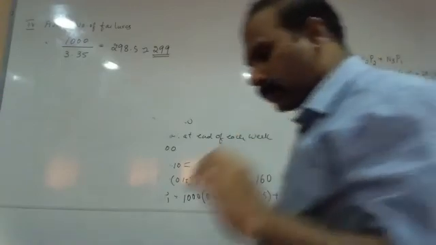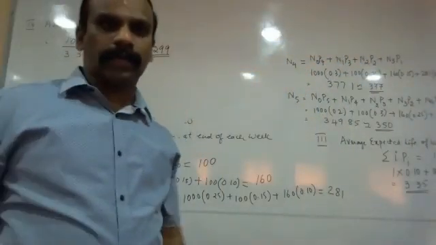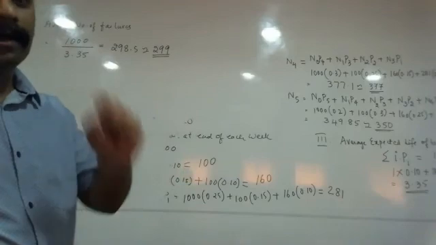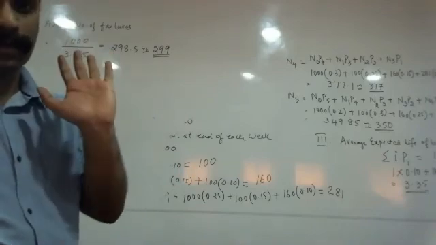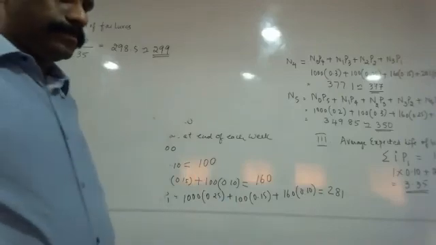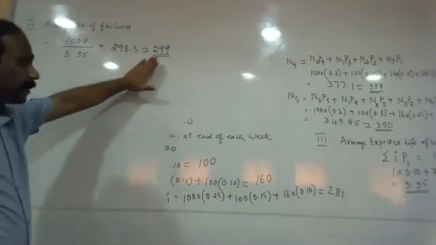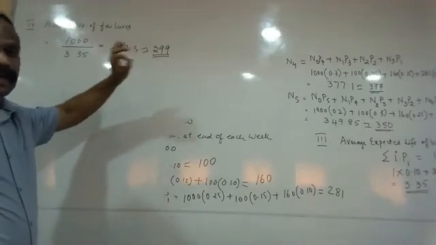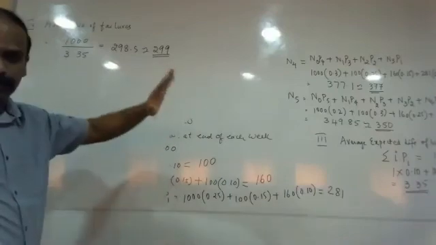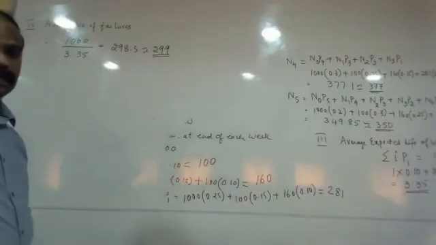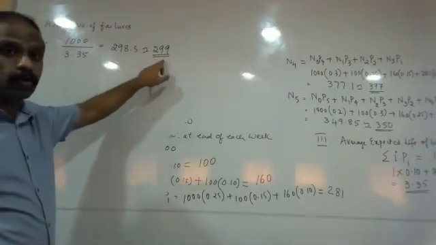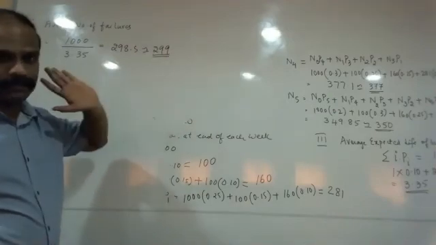If you adopt the individual replacement policy, what does it mean? Whenever the bulbs are failing, we replace them then and there, so for each bulb the cost will be 2 rupees. Is it clear? Are you all able to understand this particular point? Yes or no? Yes, sir. Now the company has come to a conclusion that 299 bulbs is the average number of failures that happens every week. We know this from calculations. If the company takes a call to go for individual replacement policy, then they should be replacing 299 bulbs every week. That is what it shows.